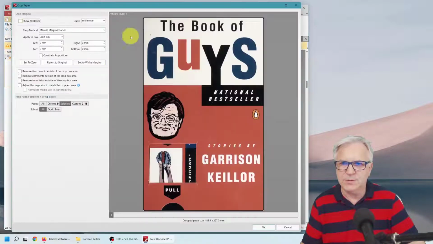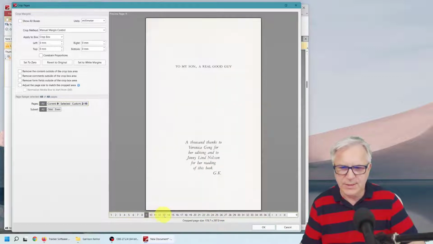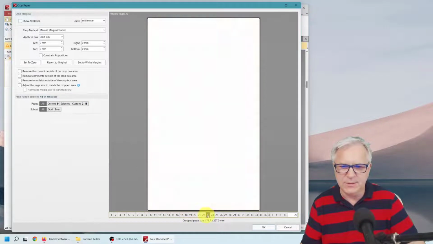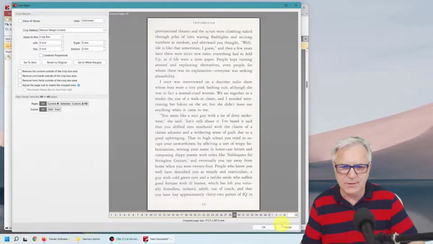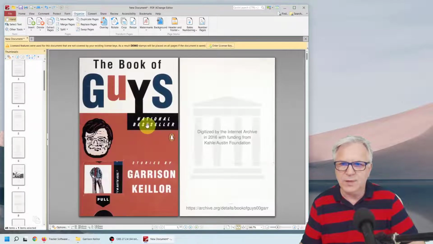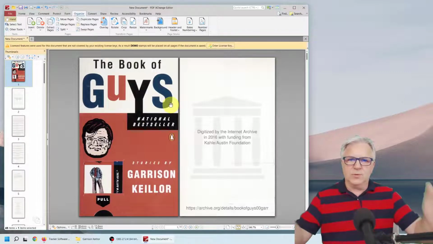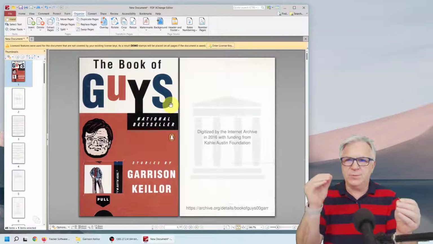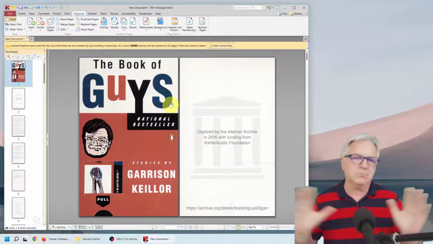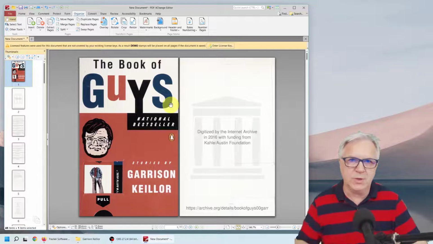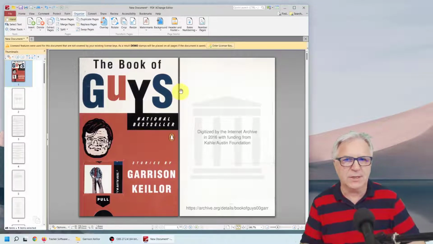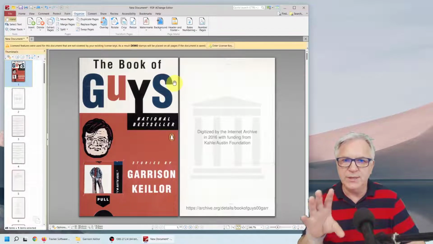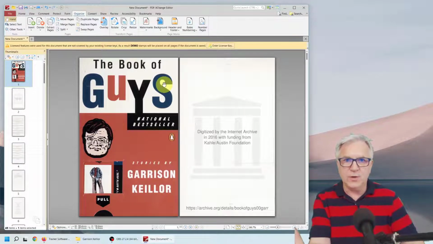If we go to the cropped pages area, have a look at them all, you can see this is 18 by 29. Everything is 29 by height, just the widths are different. So we're happy with that. Now, normally we would save it. If we had the professional version, if we paid for this, we would just save it, happy days, and then we would OCR it. Optically recognize the characters. But before we optically recognize the characters, we need to save it as a PDF with all this editing done